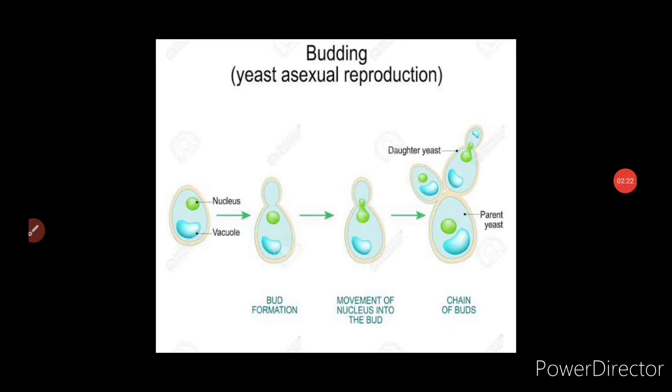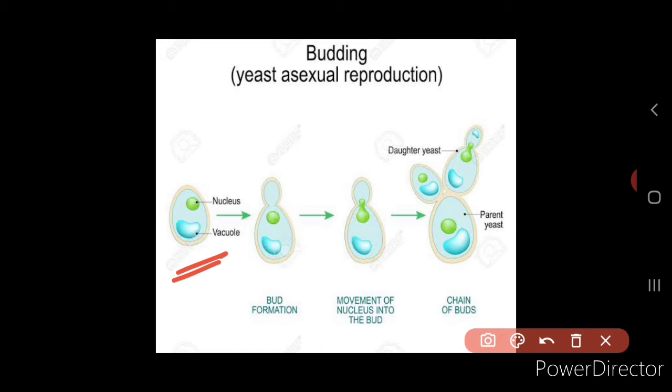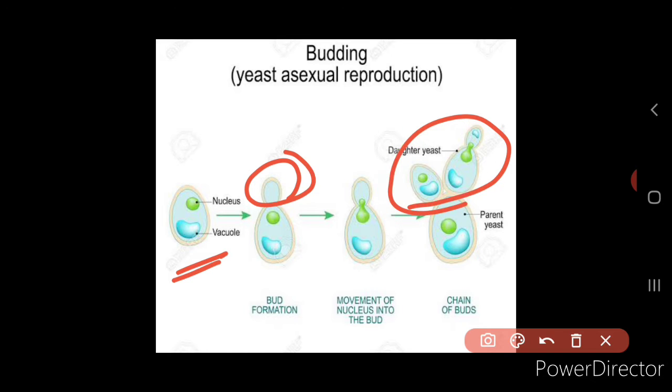Next is the budding process. Budding is the formation of an individual organism or daughter cell from a small projection, which is called a bud. The projection that appears on the cell is called the bud, and so the naming is budding, and this takes place especially in yeast. Here you can see the cell of the yeast, where buds develop on the top of the yeast cell. This developing bud grows into a new daughter cell. Here you can see it splits from the parent cell and develops into a new individual organism. So this is called budding.